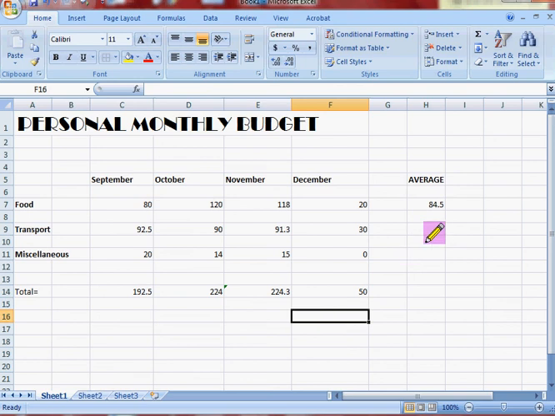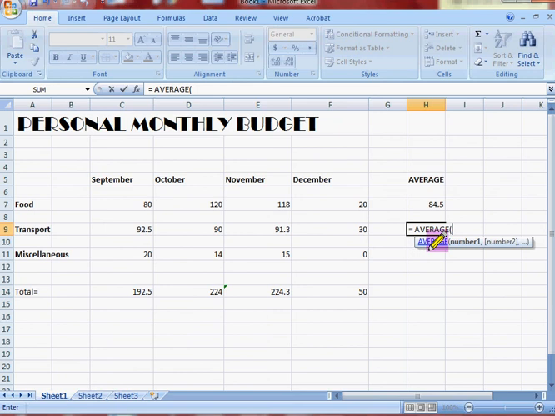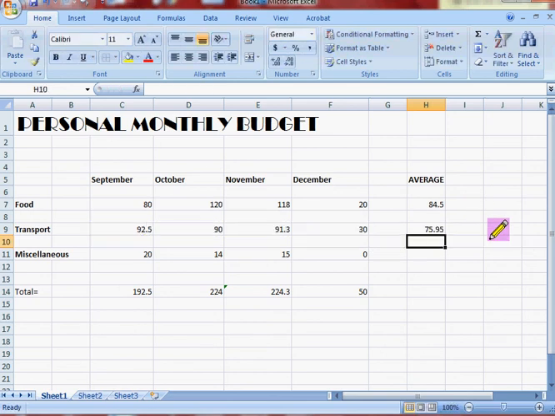There is of course another way, which I will show you using the average function. Similarly, you type equal sign, type average, double click it. Okay, but instead of typing individual numbers, you hold the shift key and you click on the cells that you want to find the average of. And you see that it appears around here. To finish off, just press the enter button and there you have it. Average of transport for 4 months. That's all.